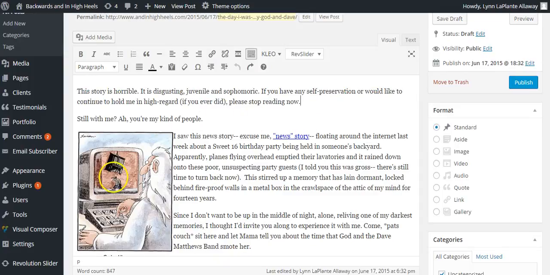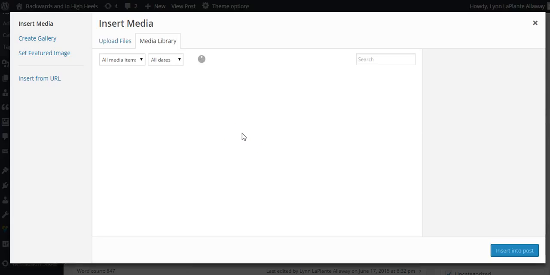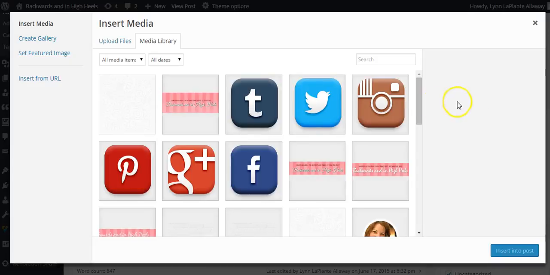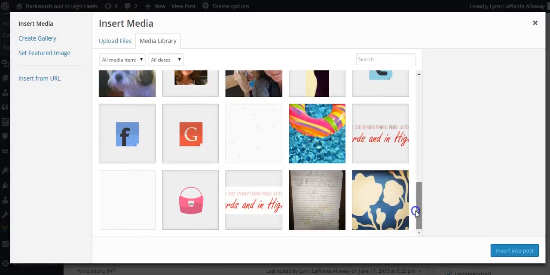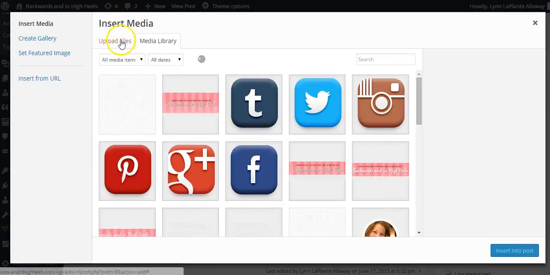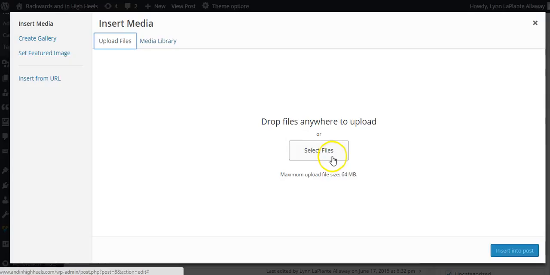And like this image here, let's say you want to put another image in there. Put your cursor wherever you want the image, click Add Media. That's going to open up your media library. Your media library has every image that's been loaded into your website. If you want to add a new image, you're going to click Upload Files, and this is going to select